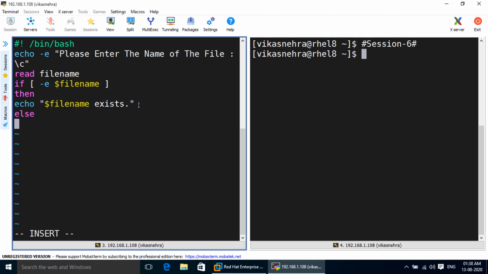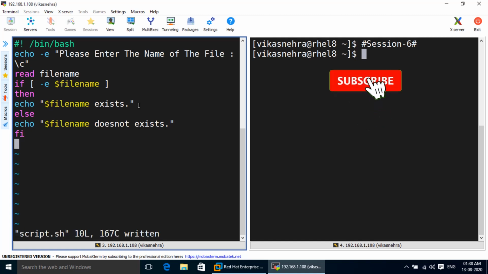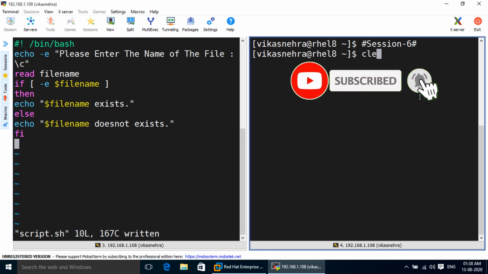Else it will print echo $filename does not exist, and after that we will close the if statement and save the script. Now I will execute it, so please have a look at the right terminal.